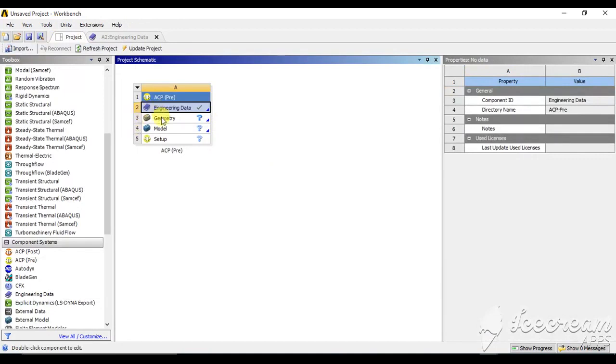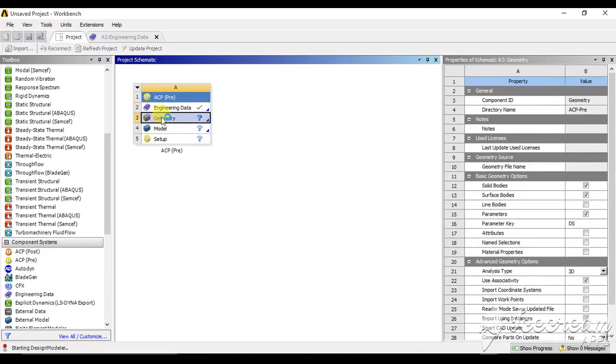Now we have to make a geometry for the composite, so we will open the geometry. It takes a while to open the Design Modeler.